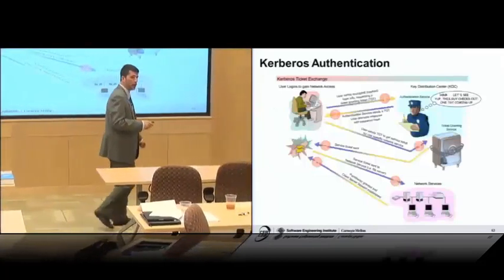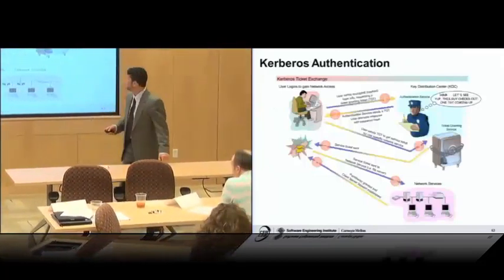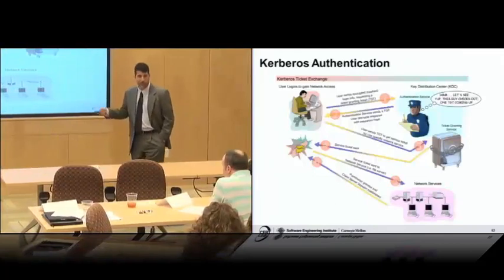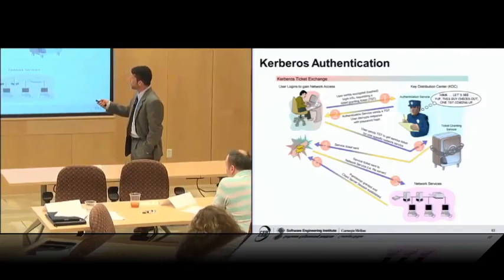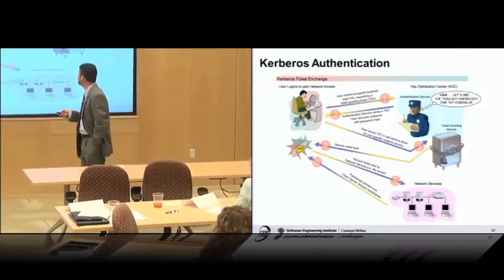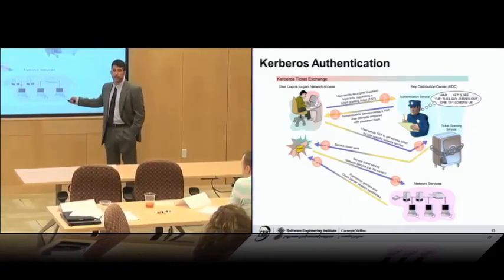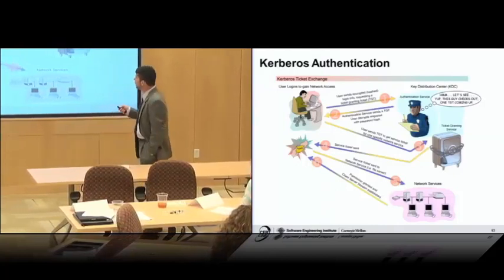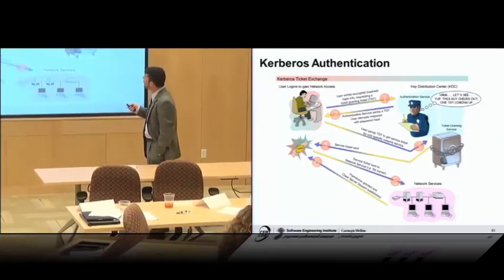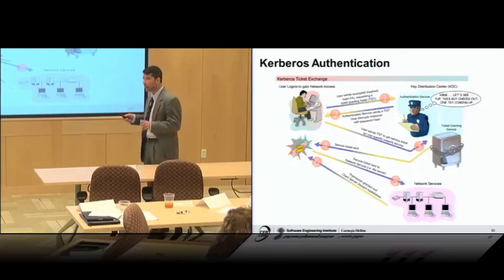Here is a picture of it in action. If you can't see as I'm showing you, raise your hand, and I'll try to drill down on that too. All right, this is Andy at home. He wants to log in to these network services down here. He needs to get access to them. So what does he do? He sends an encrypted set of login info wanting a ticket granting ticket. It's not a ticket itself yet. It's a ticket granting ticket. Over to the key distribution center.